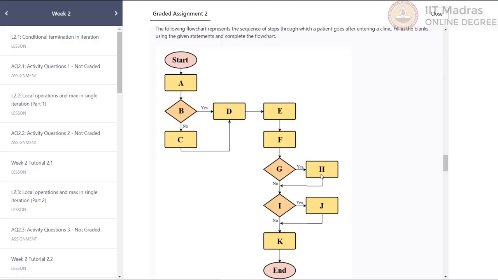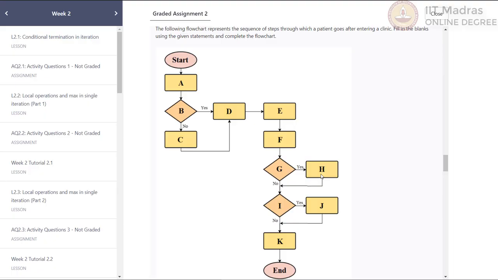Let us see the general sequence of activities the patient goes through after entering a clinic. First, the patient will arrive at the clinic. Then, the clinic's admin department will check if the patient is a registered patient or not. If it is a new patient, then he or she will have to do the registration process, and only then a nurse will be allotted. After that, the allotted nurse will record the health condition and the assigned doctor will check the